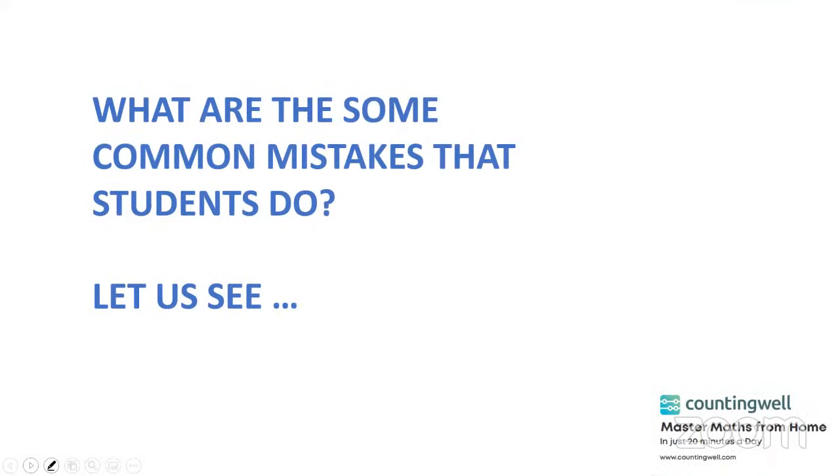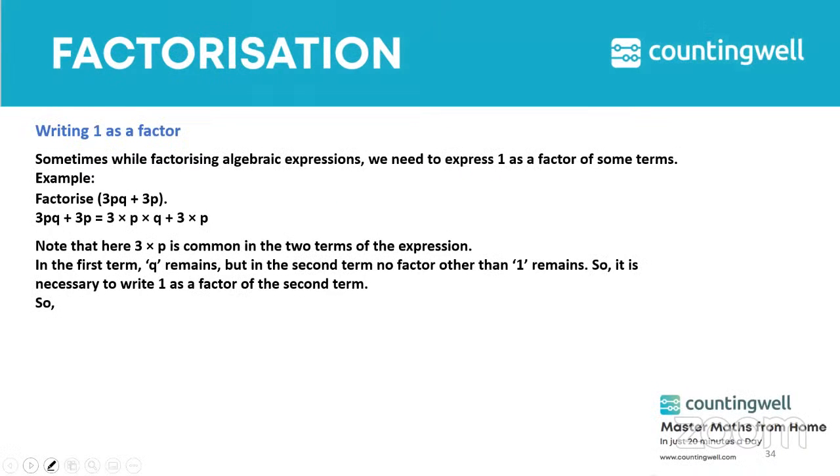Let us see some common mistakes a student can make when dealing with these two chapters. The first one is not writing 1 as a factor. For example, when you are factorizing 3pq plus 3p, 3pq is nothing but 3 times p into q, and 3p is 3 into p. We see that 3 and p are common in the